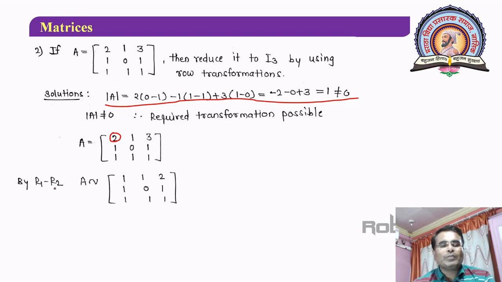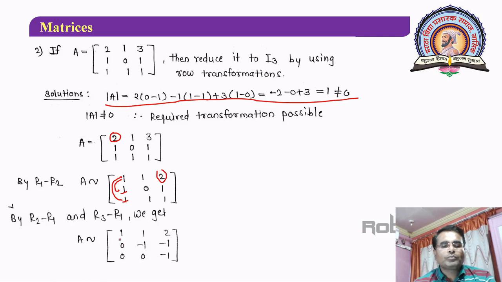So we use R1 minus R2, so that 2 minus 1, it is 1, 1 minus 0, it is 1, 3 minus 1, it is 2. Okay, so R1 minus R2 takes place. Then in the next step, you have to reduce this and this element to 0. So for that, what do we do? R2 minus R1 and R3 minus R1. We get